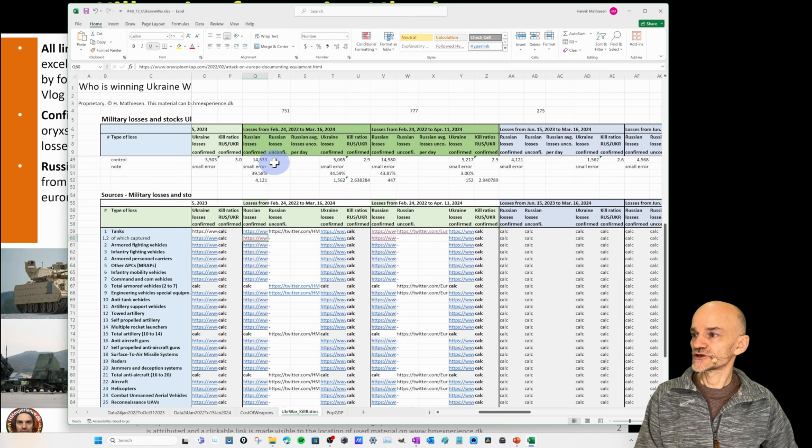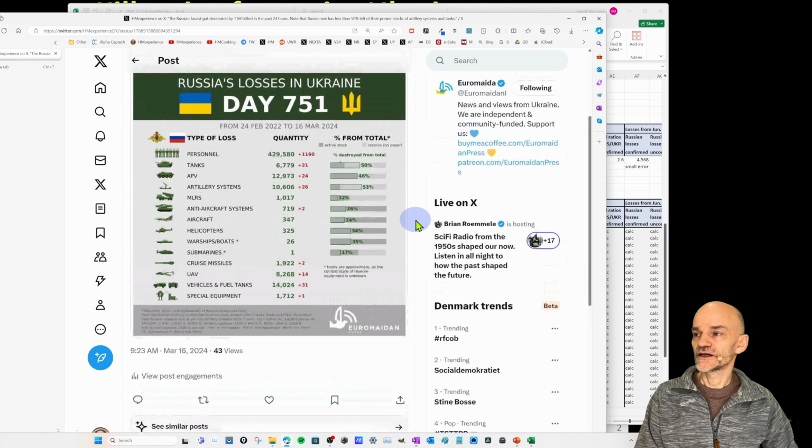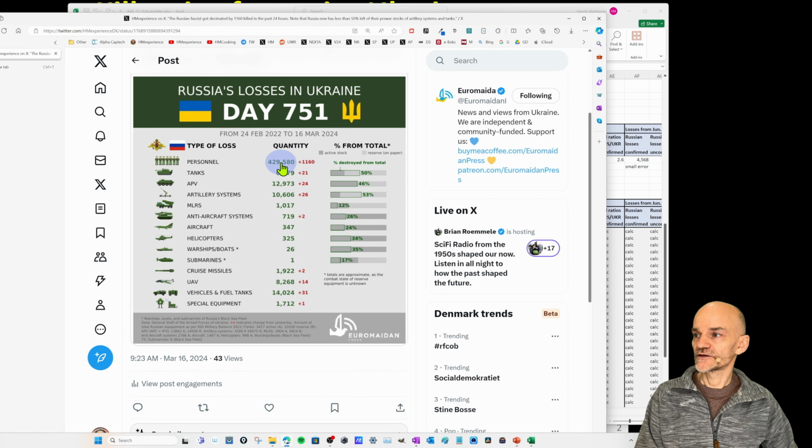There's also this Russian losses unconfirmed. Where do I get that from? Let's click that. I get this from Euromaidan Press, and they make daily updates on Russia's losses, and they take their data from the Ukraine Armed Services. Of course, the Ukraine Armed Services has inside information from their military about how much they destroy of Russian equipment. Now, Russia is also reporting daily kills of Ukrainian equipment that they are destroying, but it's complete propaganda and cannot be trusted. If you sum it up, they are destroying much more Ukrainian equipment than Ukraine ever got. So, of course, it's nonsense.